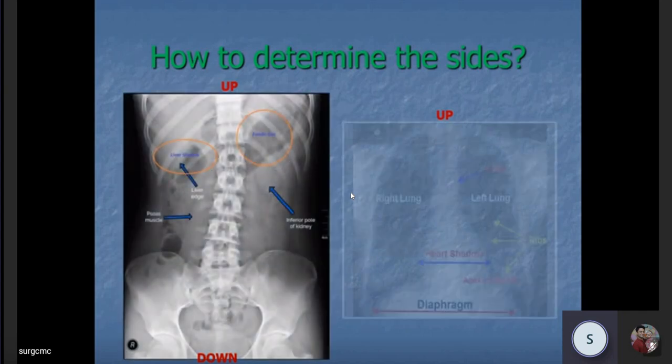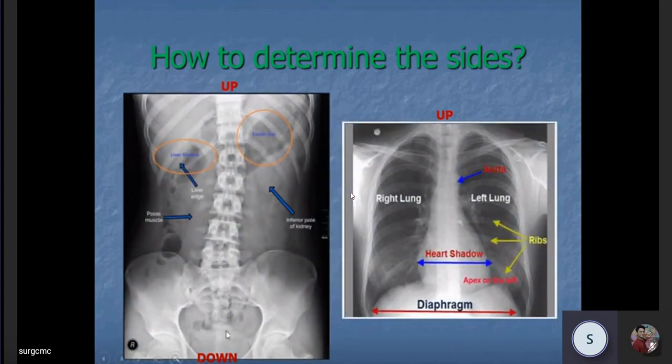First, we have to determine the orientation. Now, you get an abdominal X-ray on the left and you can see the chest X-ray on the right. On a chest X-ray, it has been told to you since first professional MBBS that the apex is on the left, the cardiac shadow is here. It's a chest X-ray PA view. Had it been an AP view, the cardiac shadow would have been wider, a huge cardiac shadow, and you could have thought you are dealing with a patient of cardiomegaly. Believe me, in surgery you don't deal with cardiomegalies. Anyway, so the apex is on the left.